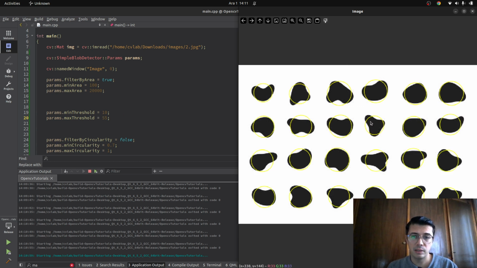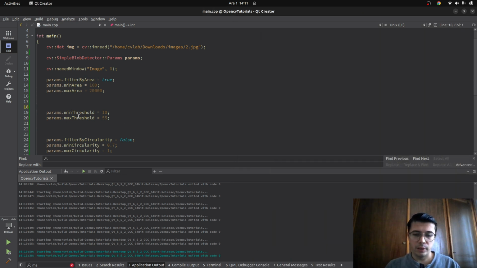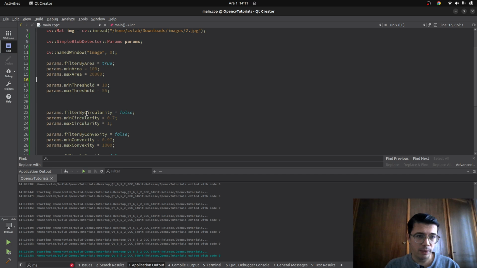So this is basically filtering the pixel values which you want to detect. For example, let's say in here you have yellow blobs and you want to filter them. This minimum threshold and maximum threshold is going to make that work easily. Okay, this is also fine. We can pass here, and the next is